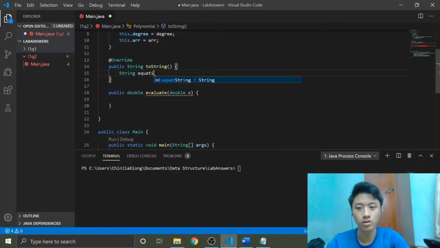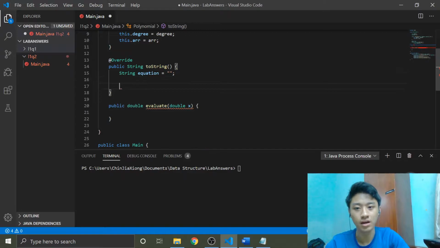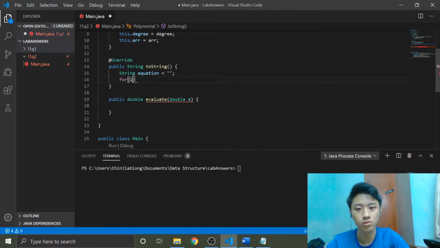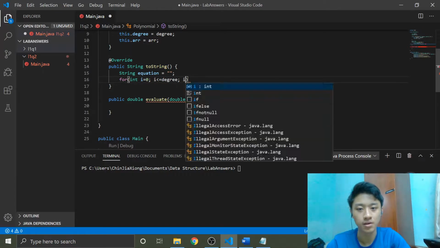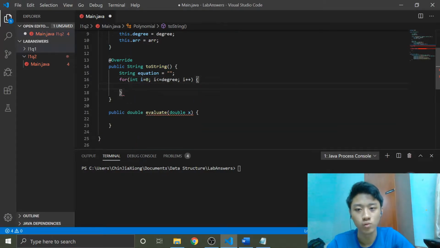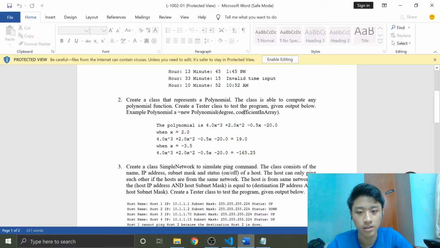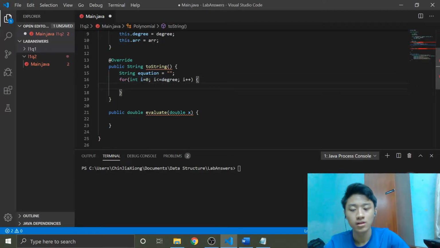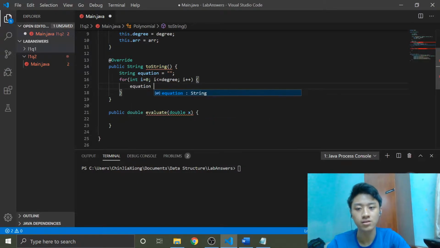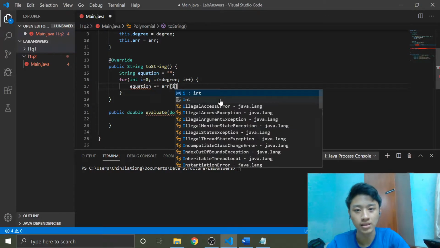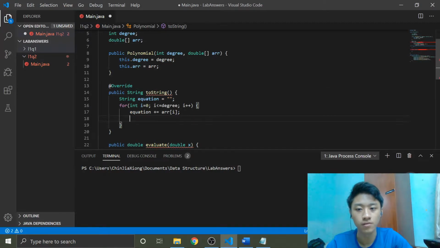Equation equals, at first it's an empty string, then how many times do we want to loop? I less than or equals to degree, I plus plus. Why am I doing this 4 times? Let's say if the degree is 3, right? So we will iterate 1, 2, 3, 4 times exactly. So here we need to iterate 4 times, and for every iteration we will first of all add the array of index I, which is the coefficient first, then